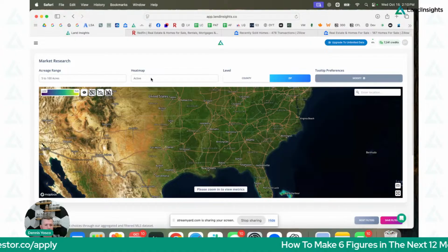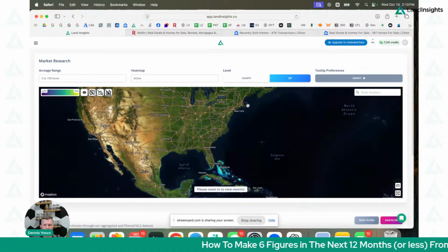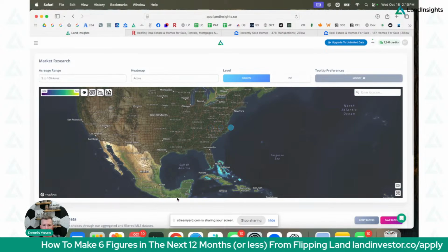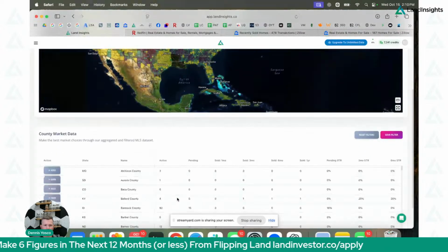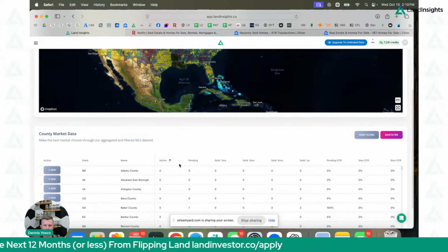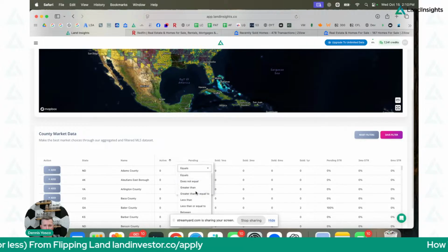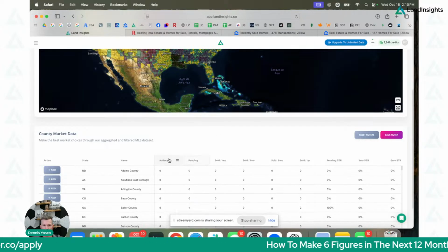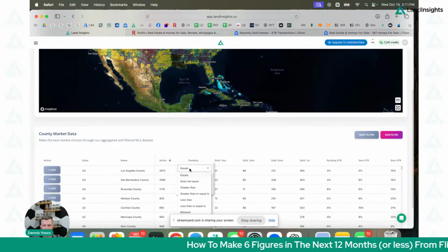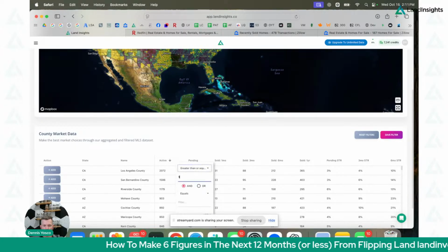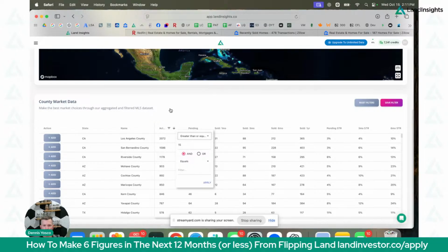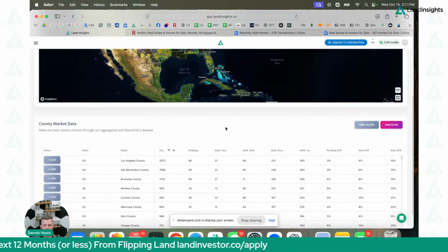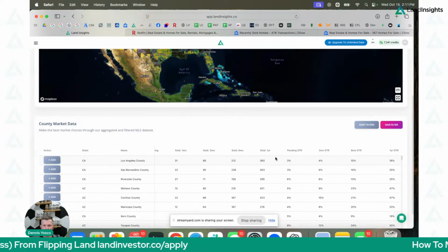Now, easy way, right? I could just go into here. I could just go county. Let's switch to county. And I just want to look for some activity. So let's just say I want to see activity greater than or equal to at least 15. Apply. Actually, let me change. Yeah, I did 5 to 100 acres. I want to see